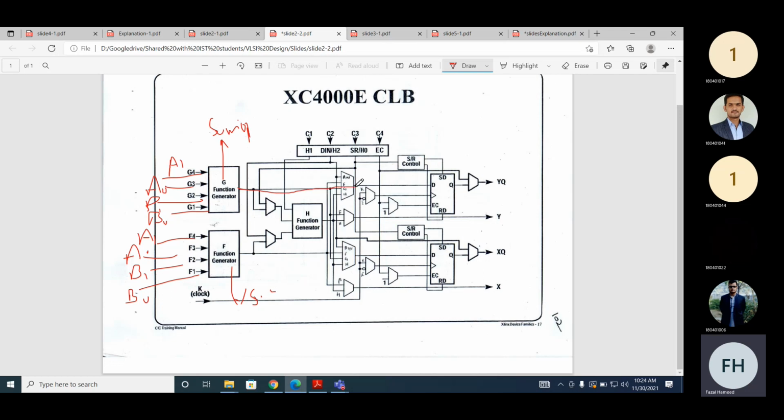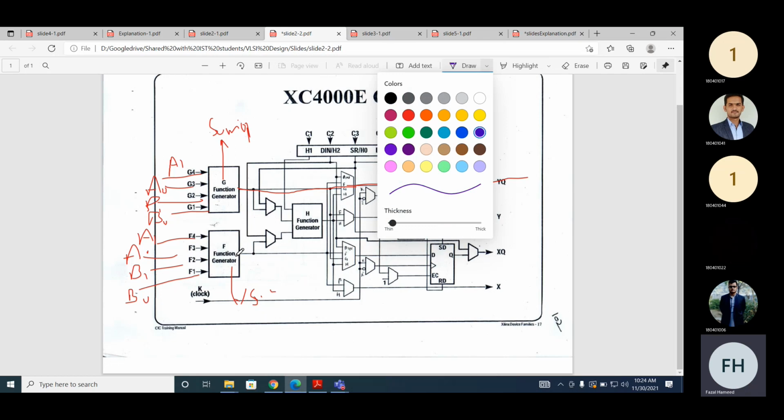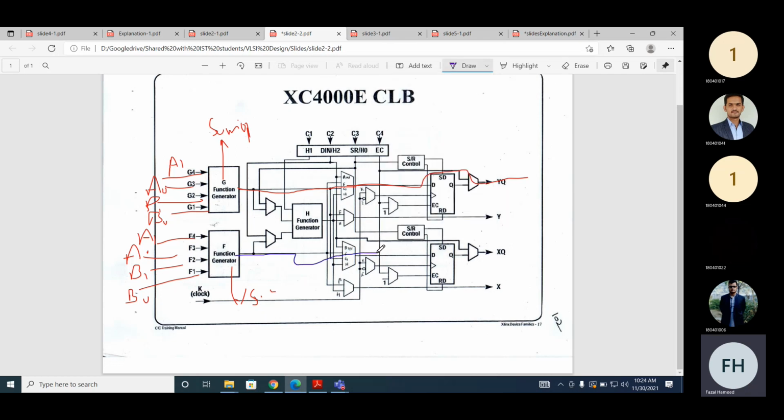Let's assume we want to implement a combinational adder. So this output will come from this multiplexer and through here. Similarly, the other output. So this is sum 0. We can mux from here, and then it will go to here. Now if we have this sum 1 and sum 0, we want to have a carry output.